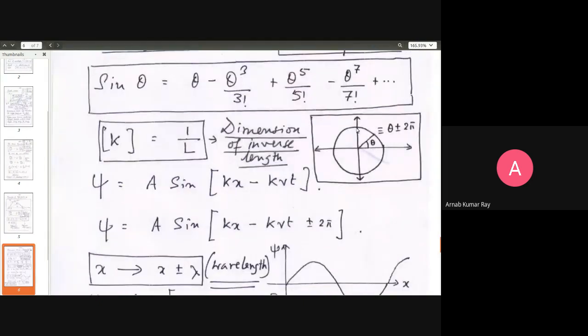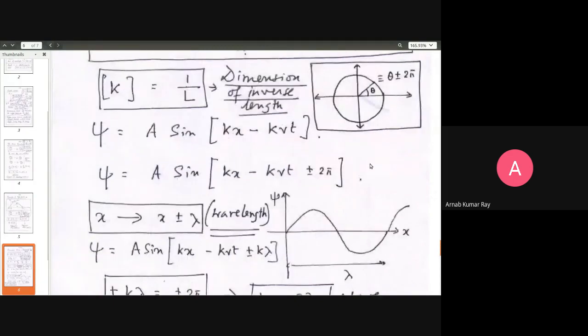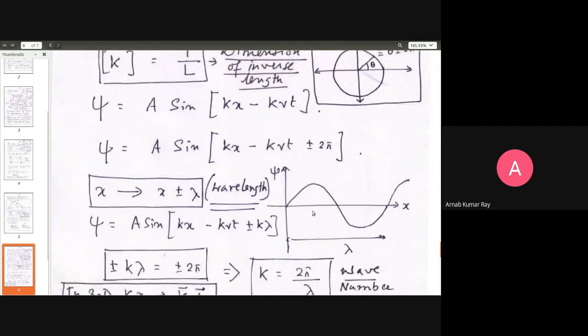Meaning that you have a full cycle on the circular path, you go by 2 pi, positive 2 pi. That is equivalent to going by 1 lambda on the length axis. Or you go by minus 2 pi, that is the equivalent of going by minus 1 lambda along the negative axis. So basically, if you go by 2 pi,